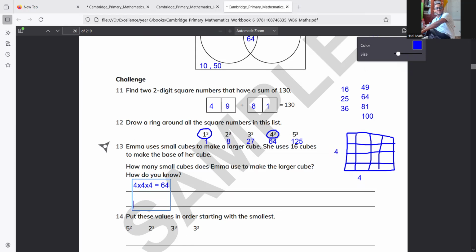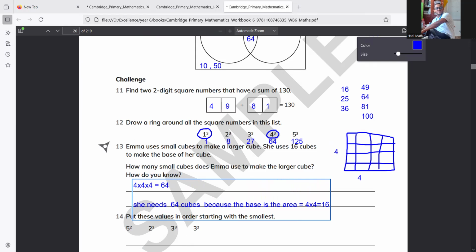So we say she needs 64 cubes because the base is the area, which is equal to 16. It means 4 multiply 4 is 16. So you make the height